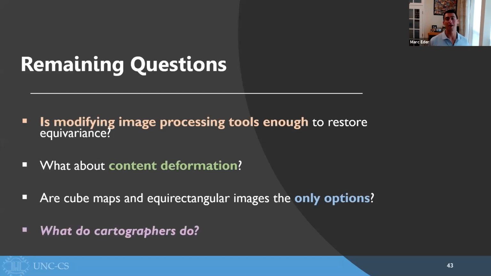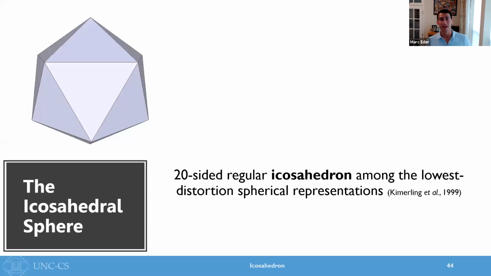When I first started thinking about all this, I realized that, well, maybe this is new for computer vision, but cartographers have been trying to address this problem for over 2,000 years. It goes back to ancient Greece with different map projections. So surely they must have some useful insight. Sure enough, they do. As I discovered, the 20-sided regular icosahedron is considered among